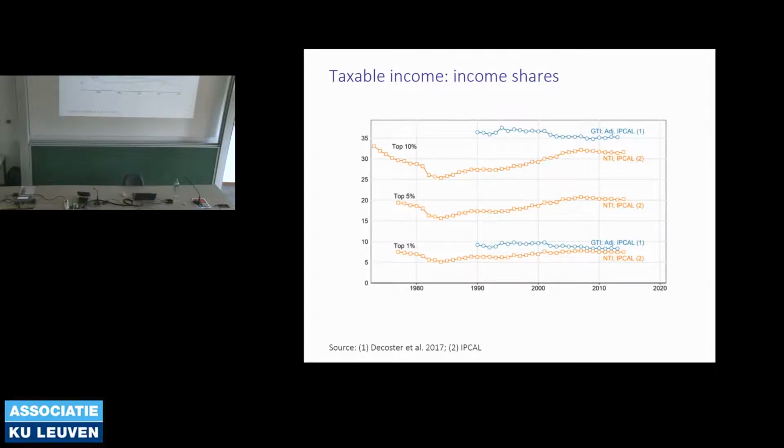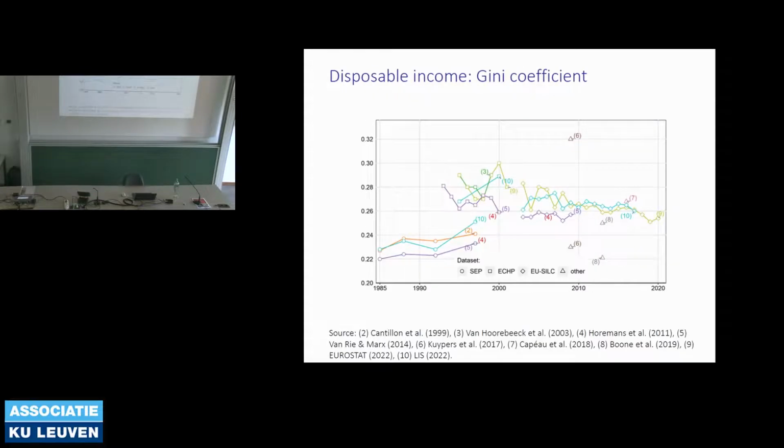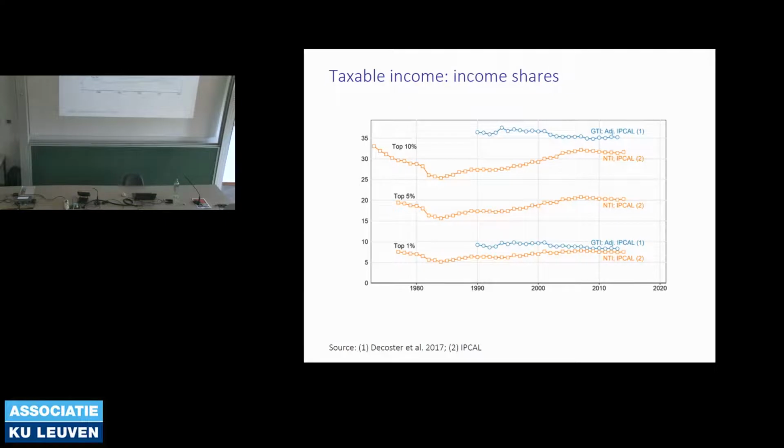And that's the context, why this top 1% is such an important measure in the public debate. But for Belgium, again, the caveat applies, you should not do what I do now, but it is a flat line, right? Except if you correct for this item non-inclusion, it remains a rather flat line. It's in the eye of the beholder how flat the line is, of course, but that's, in a nutshell, the story for taxable income.